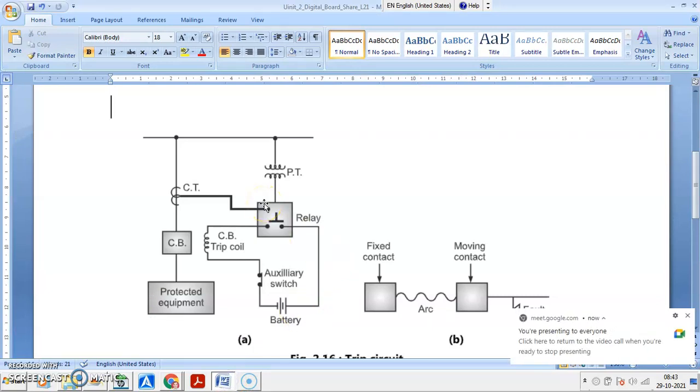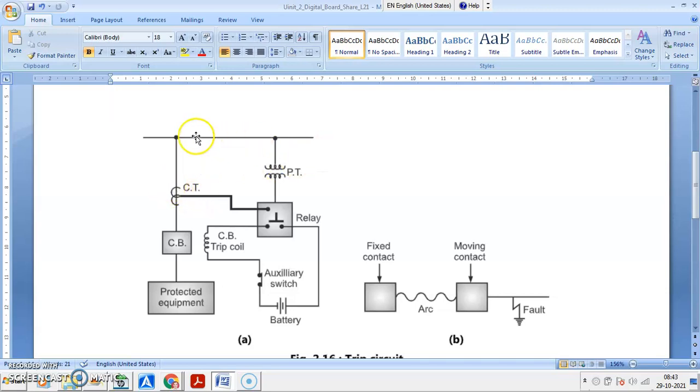See, after a very short time, if you have a short circuit, when short circuit occurs, the relay closes the contacts. So here you are having the relay contacts, this is the line, you are having the voltage which is sensed by the PT, you are having the current which is sensed by the CT.